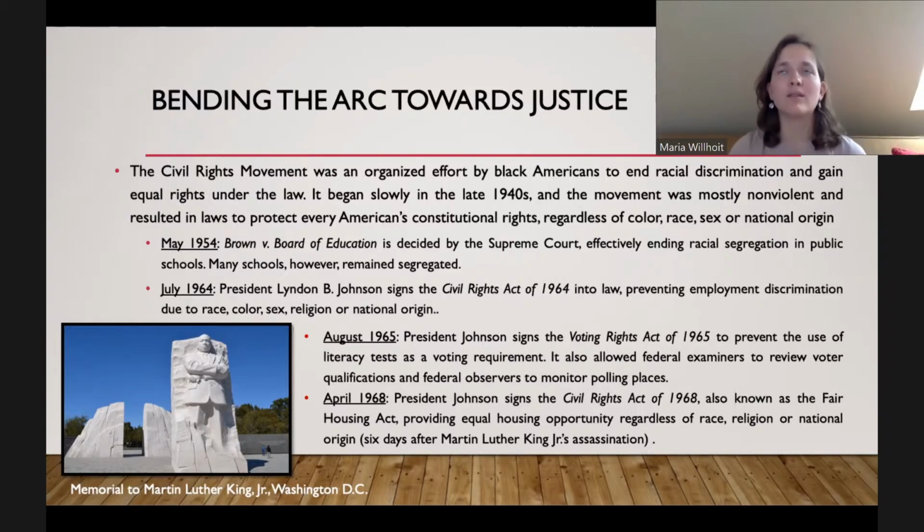So we have a lot to thank for Martin Luther King and other civil rights leaders today. And this is actually a statue of him, just so you know, a memorial to Martin Luther King in Washington, D.C. It was actually very controversial because it's white. It's a little bit awkward because he was a famous Black American, but they kept it white because they wanted it to be white like the other monuments in Washington, D.C. But anyway, just to go over